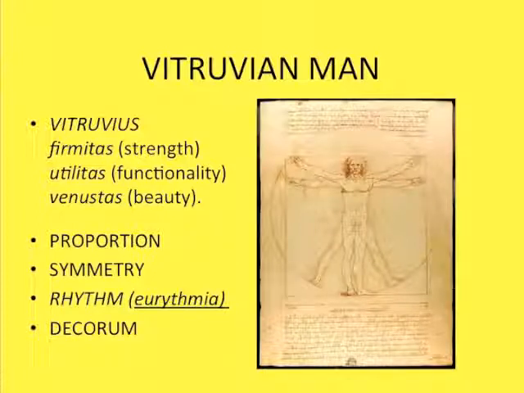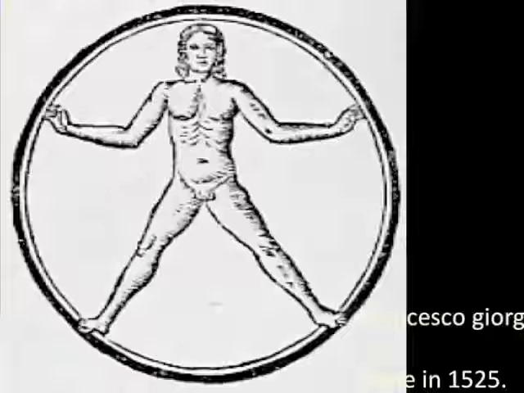So when Vitruvius gives his description, and Vitruvius doesn't have any illustrations in his text, the text from antiquity is completely literary, but he describes the correspondence of the human figure to these two ideal shapes, the circle and the square. On the screen we have Leonardo da Vinci's drawing from around 1500, but before we talk about this one, I want to show you some other attempts. Because it's one thing to say circle and square, guy in the middle. It's quite a different thing to try to solve that problem.